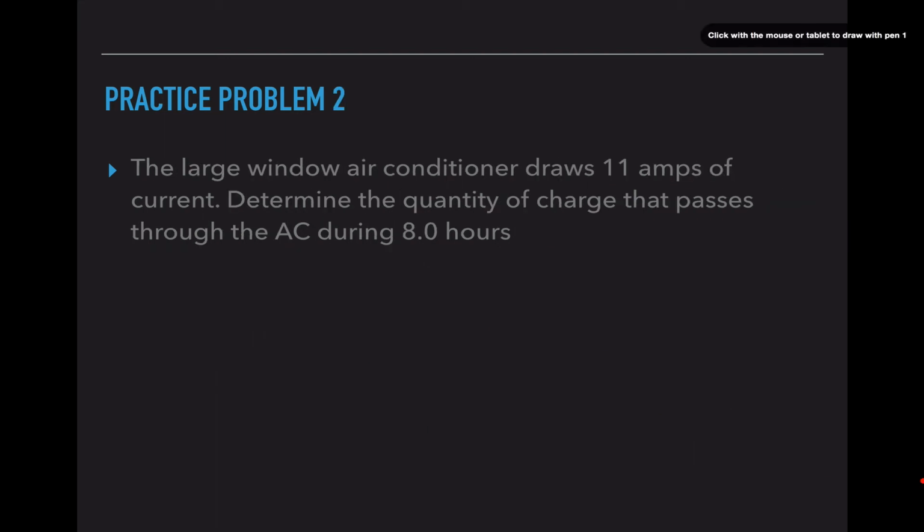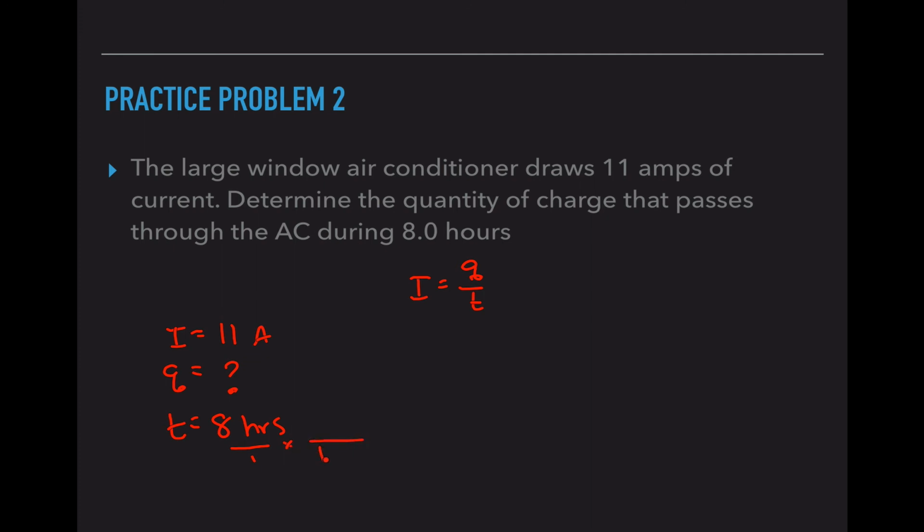Second practice problem. A large window air conditioner draws 11 amps of current. Determine the amount or quantity of charge that passes through the conditioner during an 8-hour shift. So I have I equals Q over T. T is 8 hours given to us, and I is 11 amps given to us. Q is our question mark. Since our equation needs time in seconds, I'm actually going to convert this. So 8 hours over 1 hour on the bottom, and 3,600 seconds on the top. That is the same as